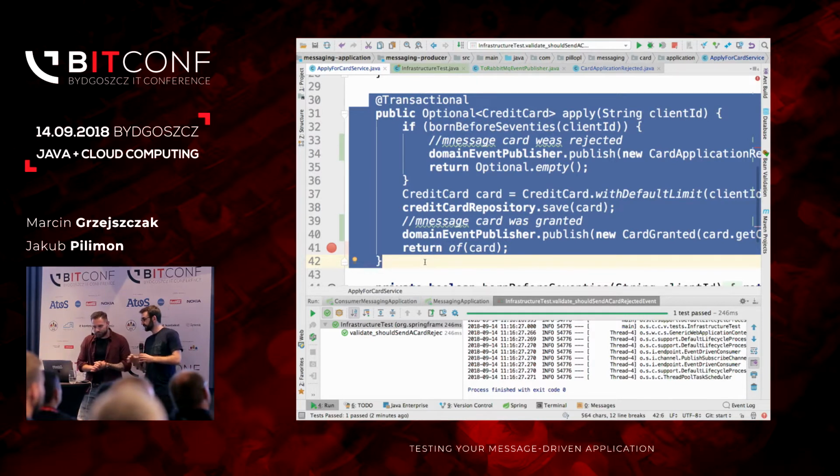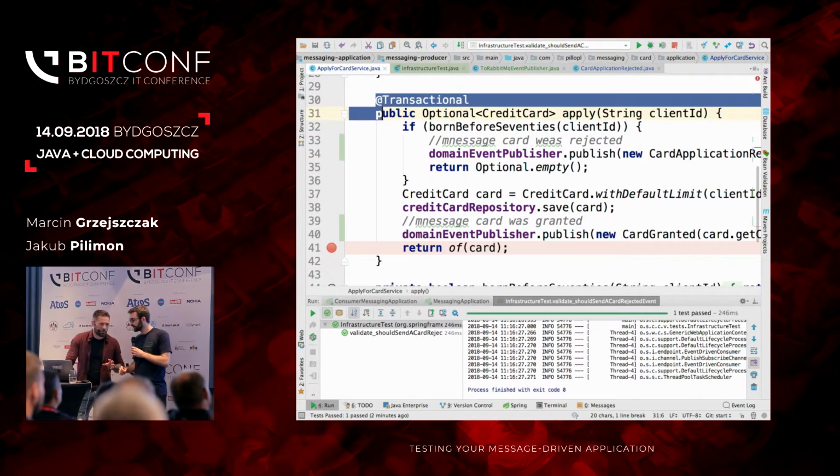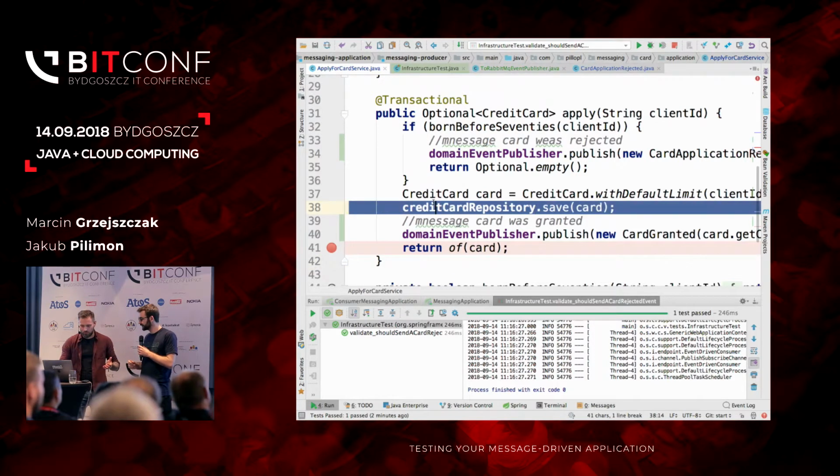Okay, so let's say we have this positive situation that we're going to grant the card. Just answer my question. What does the Spring proxy do? Oh, the transactional one, right? For transaction. From what I know, there's a proxy created around this method. Once you go out of the method, like let's say you return something, the transaction is committed. So you store stuff in the database. It's after you return from the method. All right, more or less.